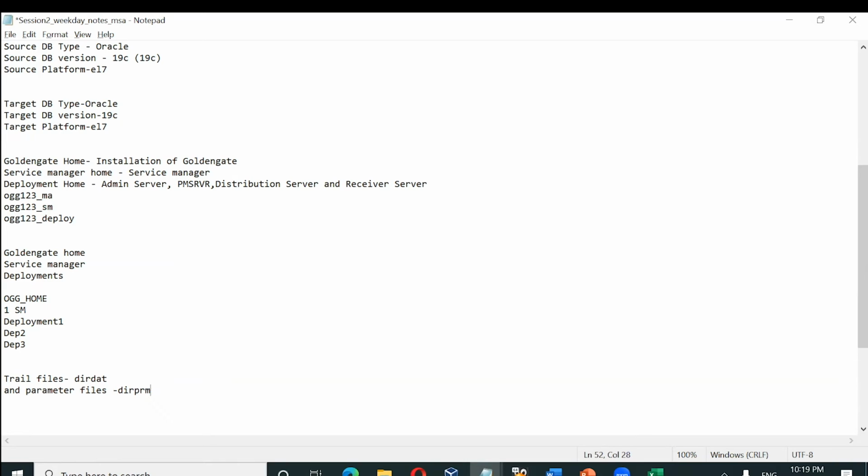Right. So the location of the trail files, dirdat, is GoldenGate home/dirdat. Same way, the location of dirprm is GG home/dirprm. Right. Now, in microservices, if you see,